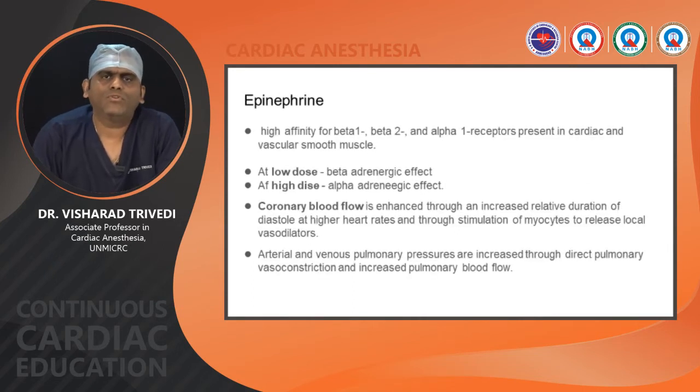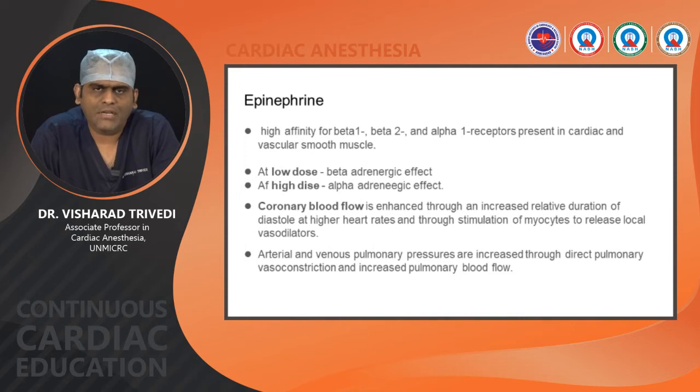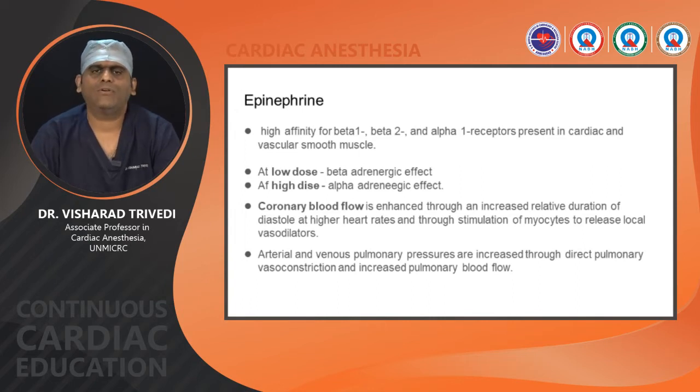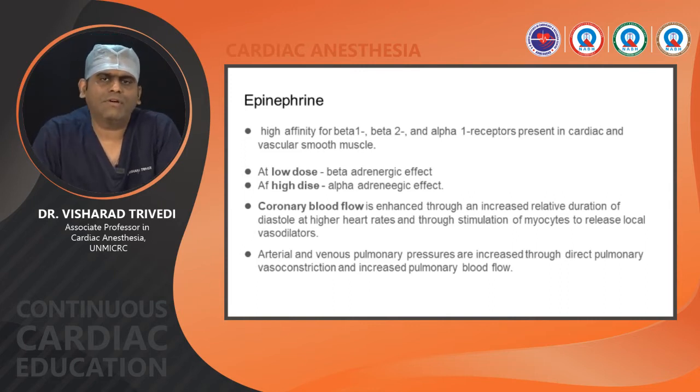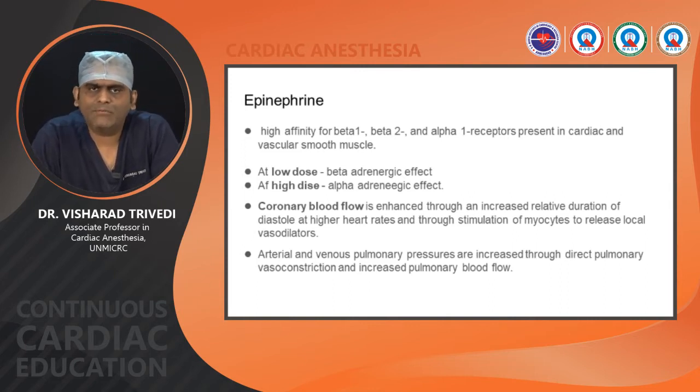The most important and most potent catecholamine inotrope is epinephrine, that is adrenaline, which has a high affinity for beta 1, beta 2 and alpha 1 receptors, which are present in both cardiac and smooth muscle cells of vasculature. So at low doses it is mainly beta agonistic action, and at high doses it has an alpha agonistic action. So basically at low doses it will work as an inotrope. It will cause vasodilatation because of beta 2 receptor stimulation, but at somewhat higher doses it will have an alpha 1 action as well, so it will increase the